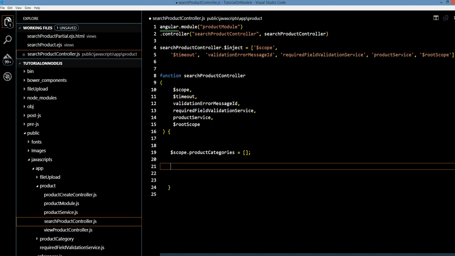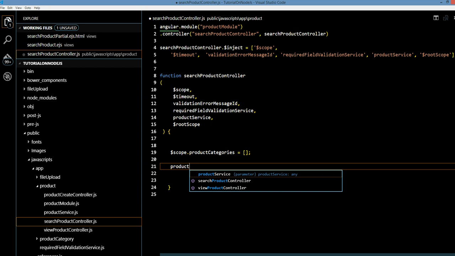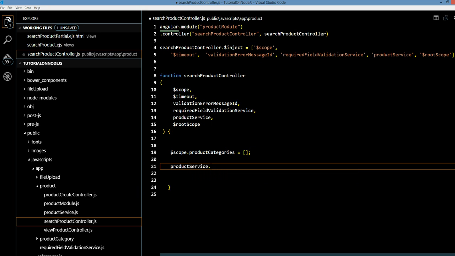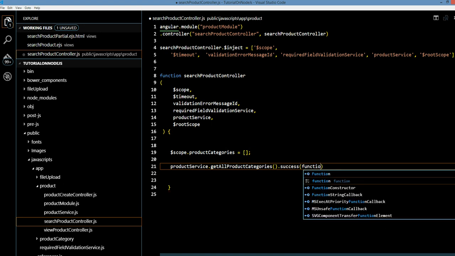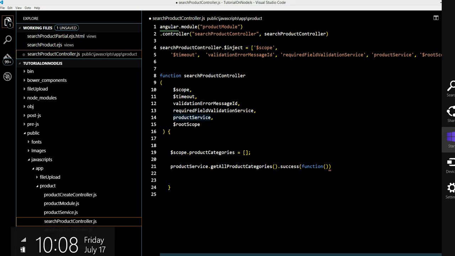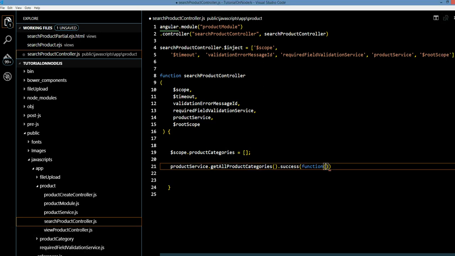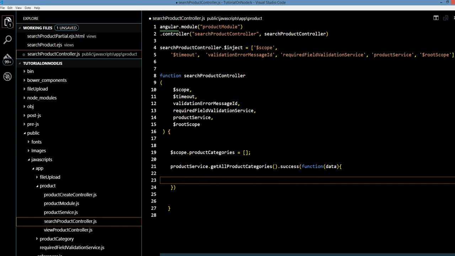The product service has a method called get all product categories, and on success of that call, we will have a callback function here, and here basically